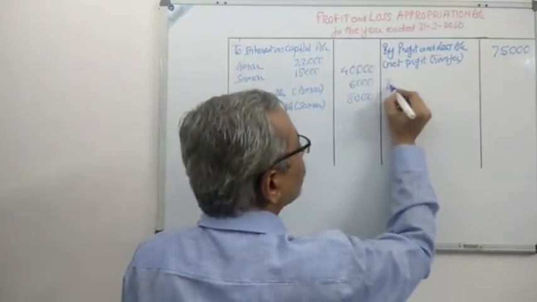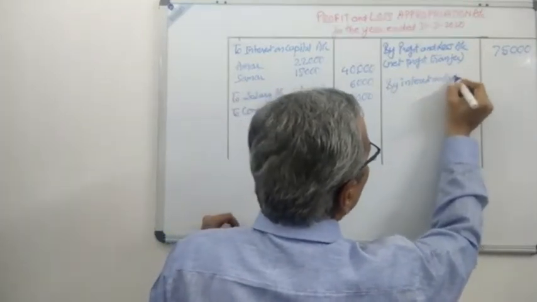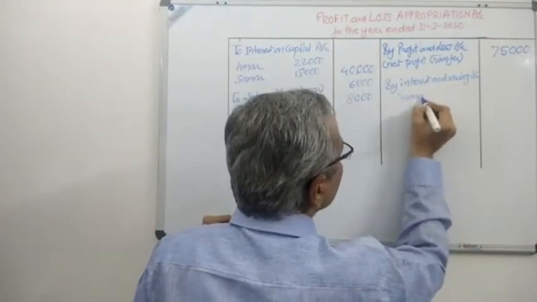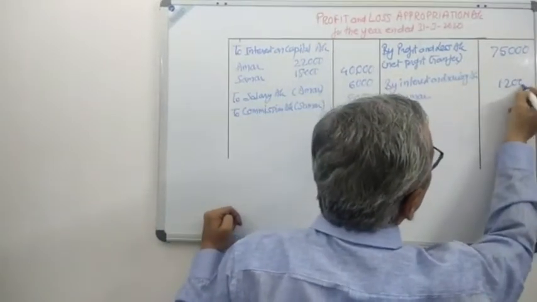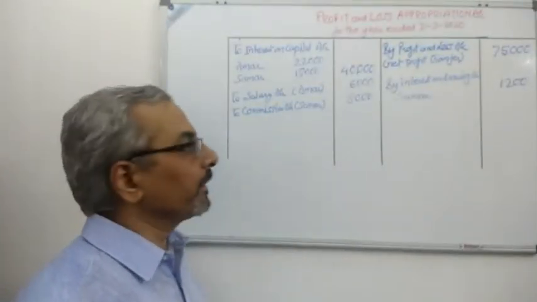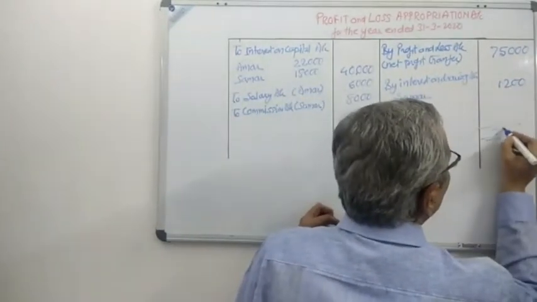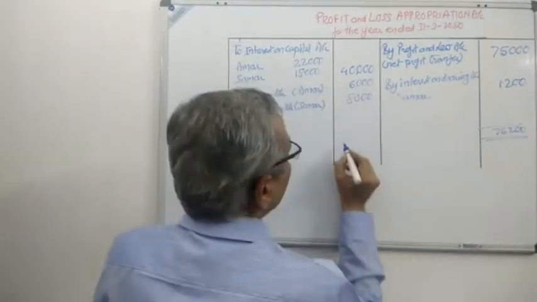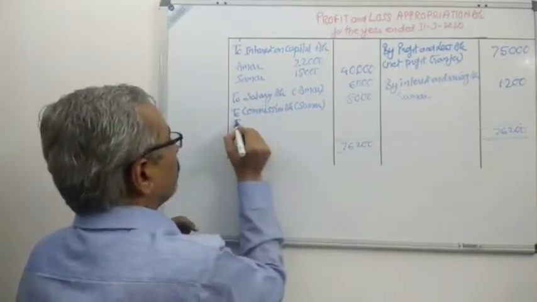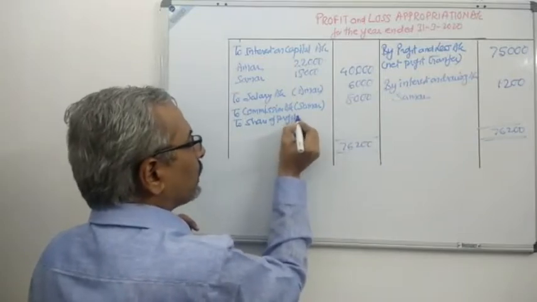Now let us move on to the credit side. There is one income over there by interest on drawing account, and only one partner, Summer. If you remember, it was 1,200. Okay, so we have done all the postings in the debit side and the credit side. Now we'll go for the totaling and finally we'll find out the profit. The total over here is 76,200. Now we have 76,200 and therefore we are getting over here the share of profit, or it is profit transferred